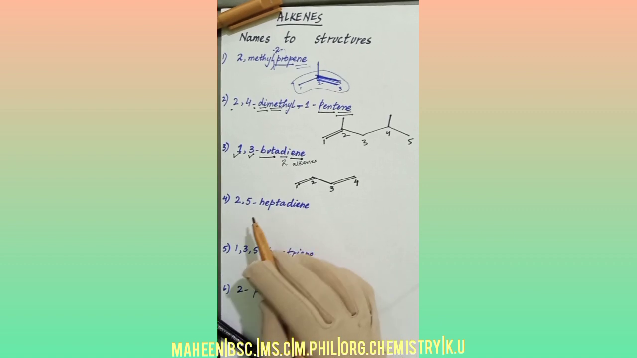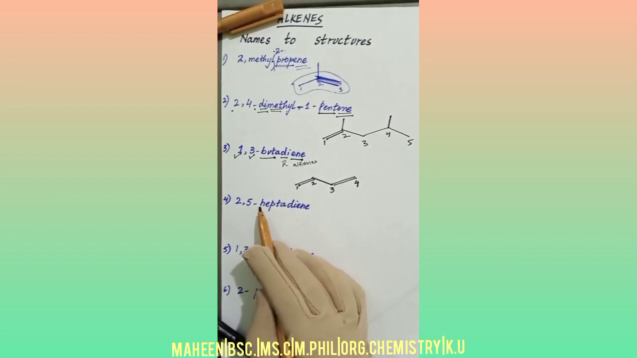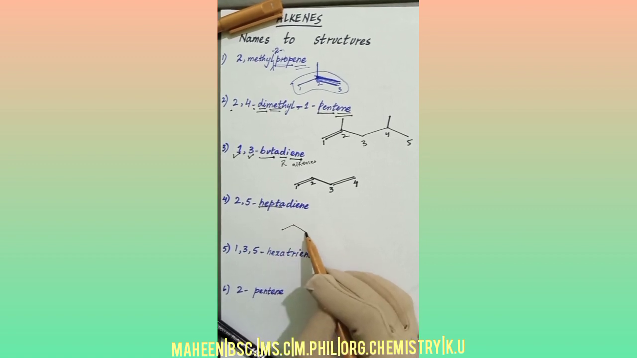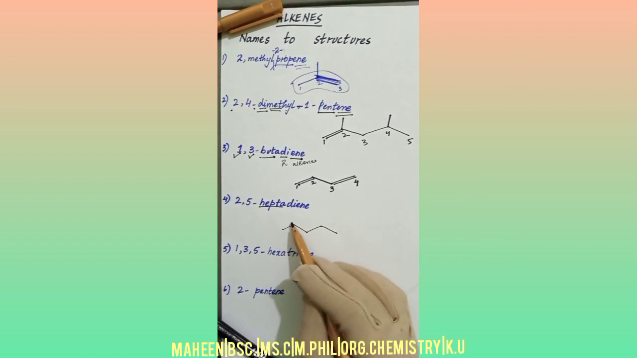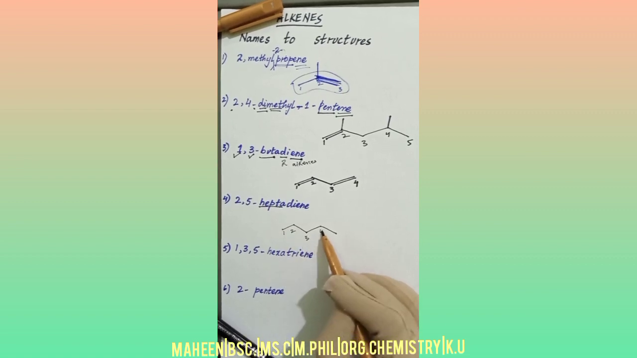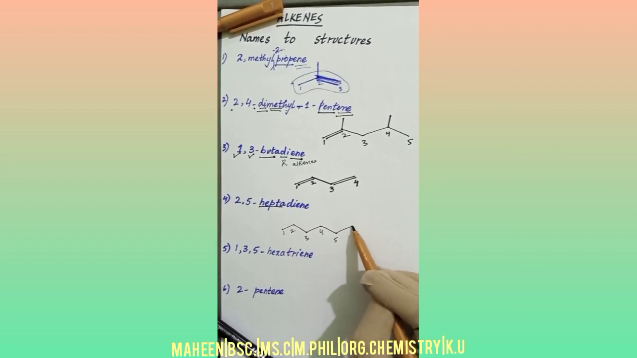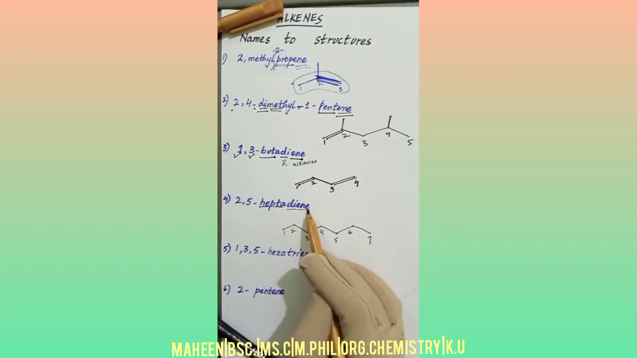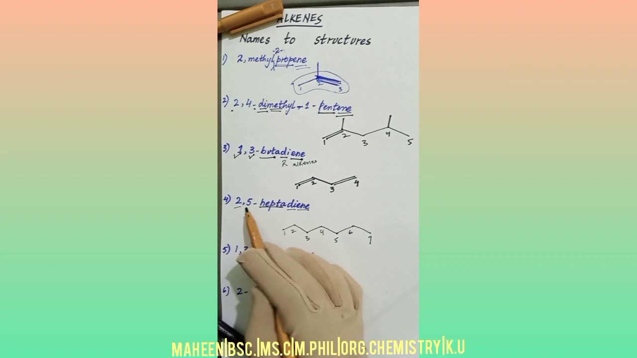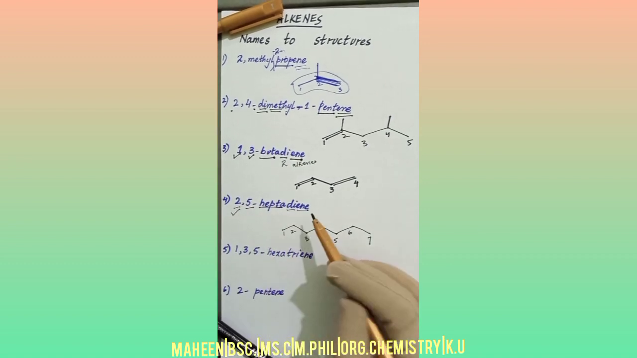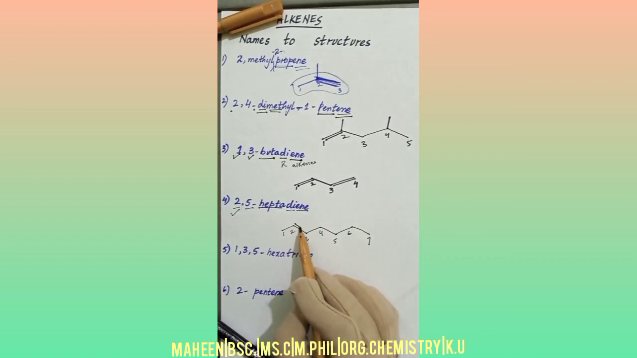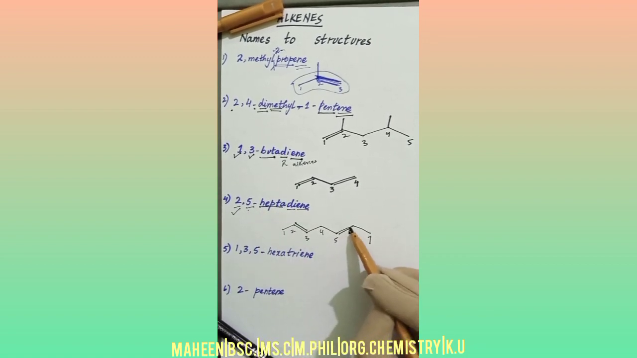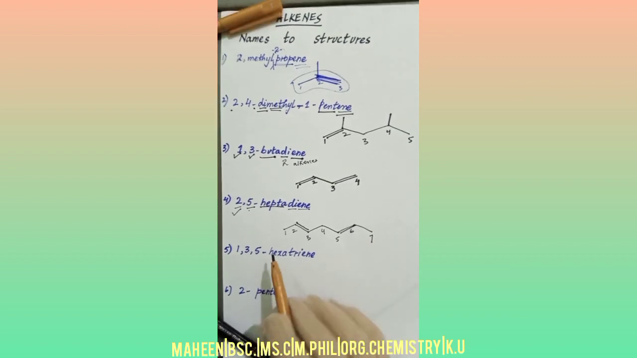Coming to this 2,5-heptadiene. So hept means 7. 1, 2, 3, 4, 5, 6 and 7. Okay, so again a diene at which positions? 2 and 5. So for 2, between 2 and 3 an alkene, and the second alkene will be in between 5 and 6. Okay, now coming to the next molecule,